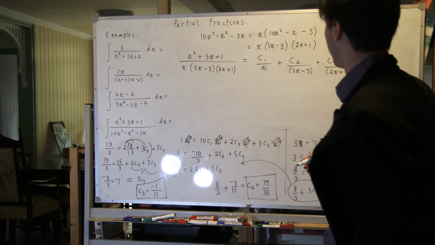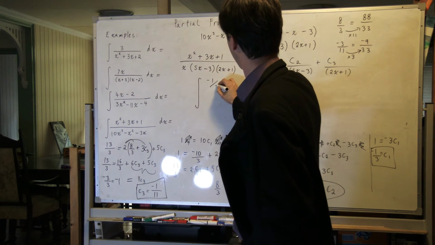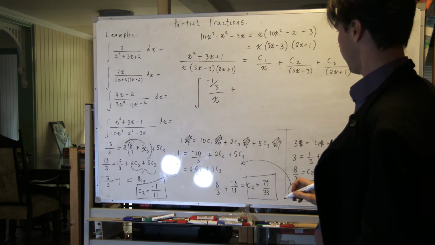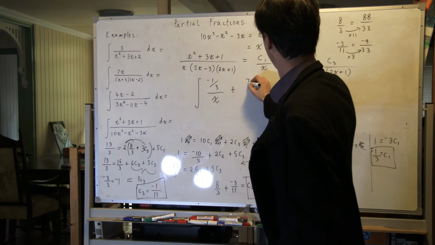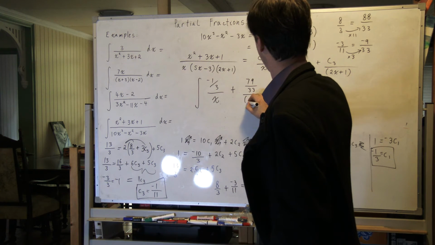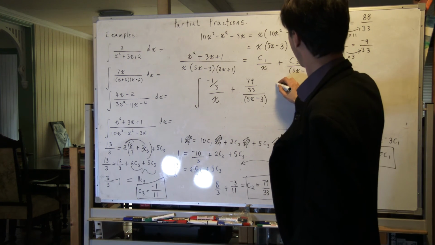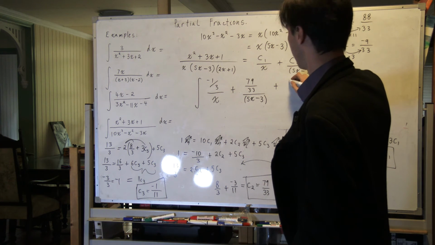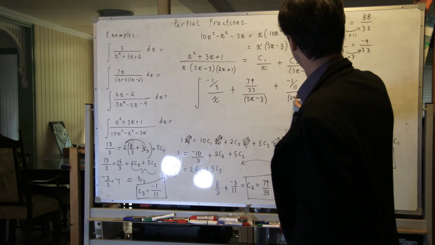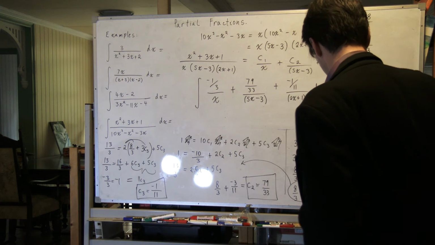Okay, so I'm taking the integral of -1/3 over x plus that, taking the integral of all of that with respect to x,